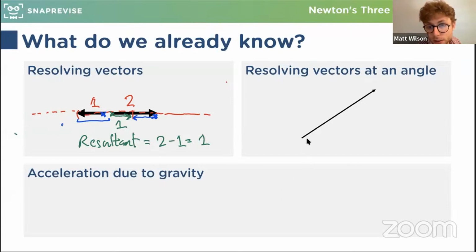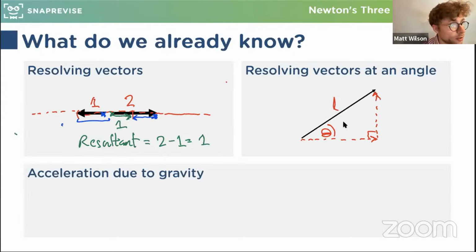So something we're going to need to understand how to do is to take a vector which is at some angle to the horizontal. Usually we like to split problems into the horizontal and vertical direction. So let's say the angle between the vector and the horizontal is this angle theta, and let's say this vector has size, or length, L. Then we need to know that we can split up this vector into two parts. There's the horizontal part, which we then add, again, tip to tail to the vertical part to make the whole